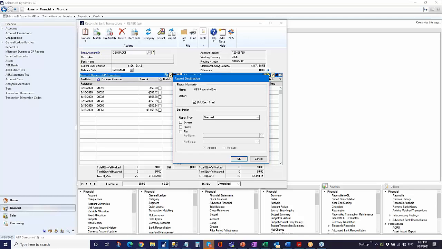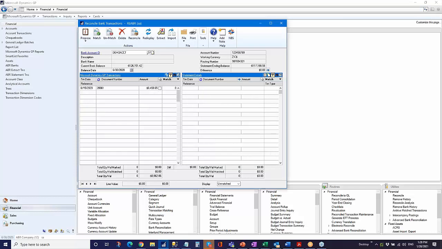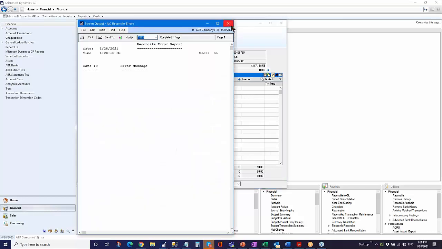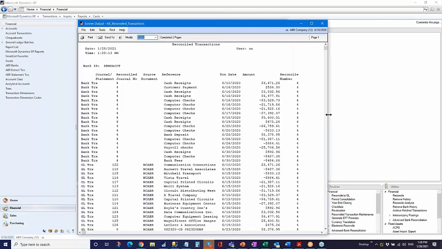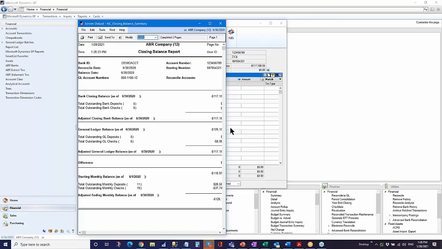So with reconciliation complete here, a couple of reports will come out. There's a reconcile error report, so if anything went wrong with the reconciliation, that would at least give you a warning. In our case, there's nothing, so it's blank. That's what you want. Here's the first report. It's going to be our reconciled transaction report, so that basically lists all the transactions that have been reconciled, and